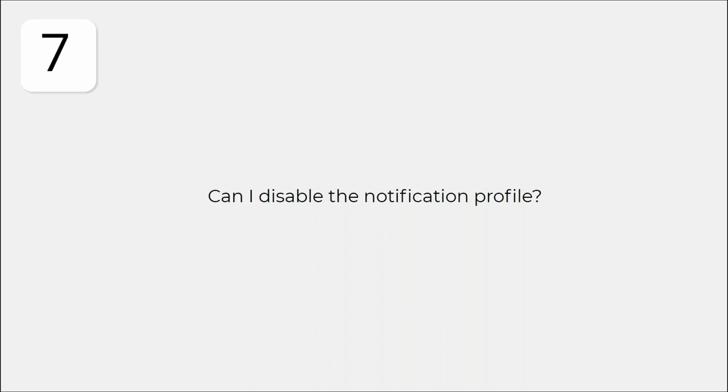Can I disable the notification profile? Yes, we can disable the notification profile. For example, if the user is on a planned leave or is planning for a vacation, he can disable the personal notification profile to avoid the OpManager alarms and alerts. He can go to settings. Let me just quickly show you that. You can go to the settings,